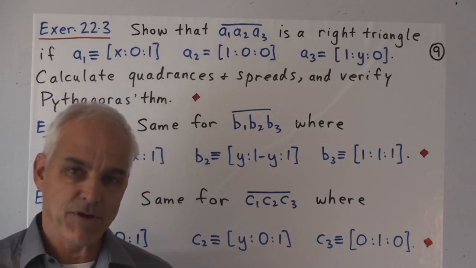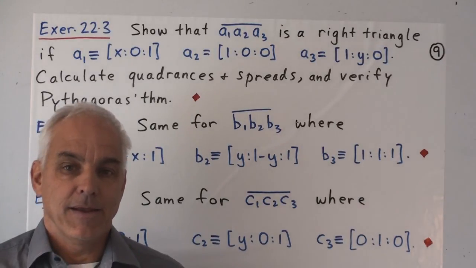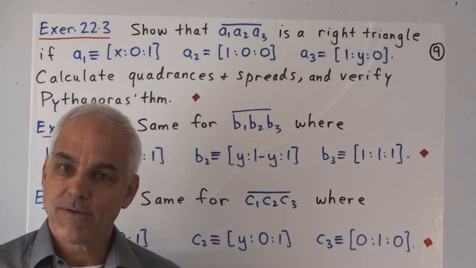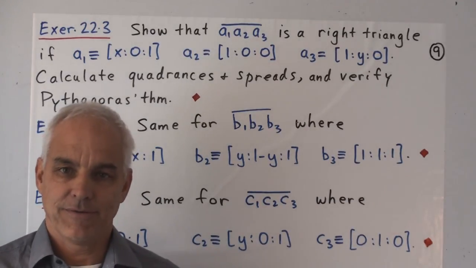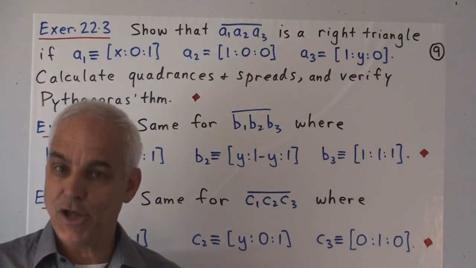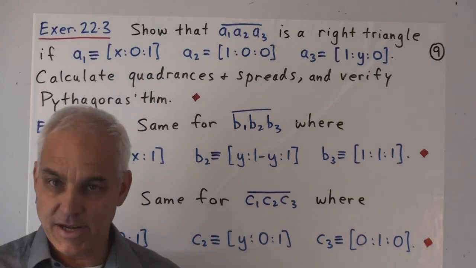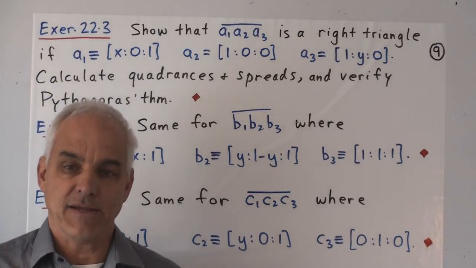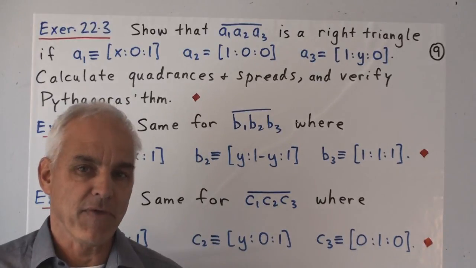So that's good. We've established the most important theorem in the subject. Next time we're going to talk about the second important theorem, the triple quad formula, which we've seen already in rational trigonometry. It looks a lot like the triple spread formula in the Euclidean case. And we're going to explain why that is. It's not just a coincidence. And we're going to have a go at proving that formula too.